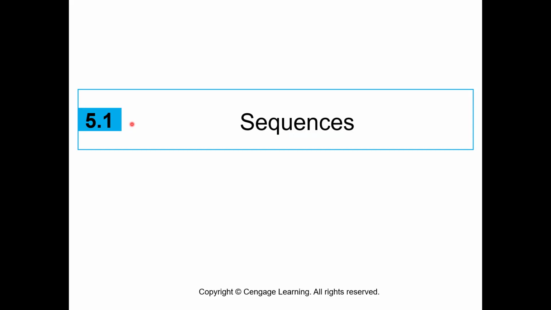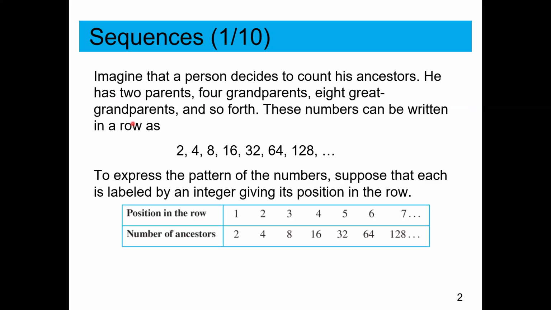Let me start with a very simple example. Suppose you're counting the number of ancestors you have. Well, you have 2 parents, 4 grandparents, 8 great grandparents, and so forth. And we can keep doing this count. We could call the first spot where the 2 is position 1, the 4 position 2, 8 position 3, and so forth and so on. This positioning or indexing can start